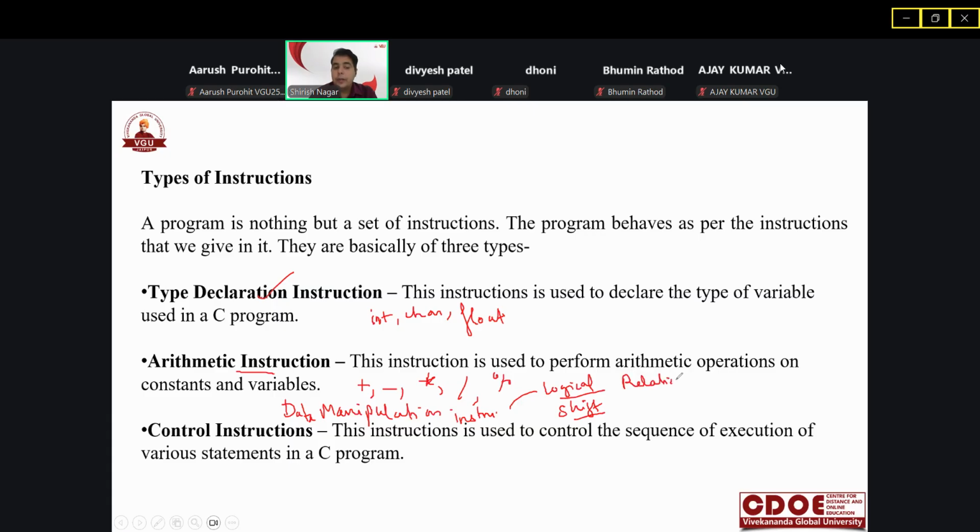Then relational operators are there. Then we have the ternary operator, about which one of the students has asked what a ternary operator is. Then we have control instructions, which